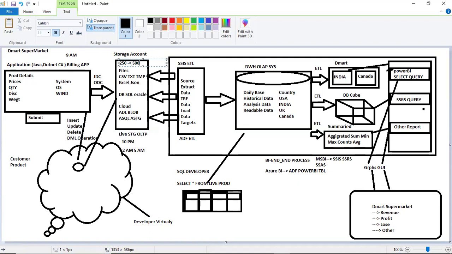You require the system to support it, whether the infrastructure will support it or not. For example, I'm saying 500 GB, but there are millions of TBs out there. So will the system support it or not? If you increase externally also, will your system architecture support it? In case it is not supported, it will be a big problem and it will give you performance issues, performance lagging.